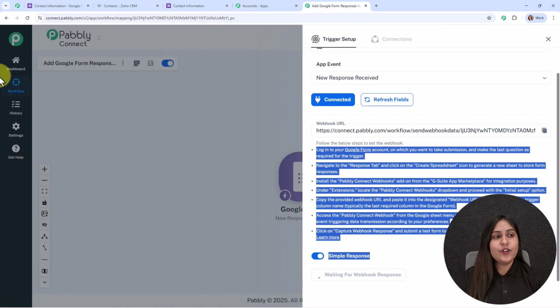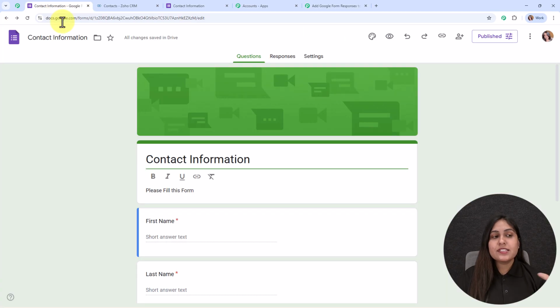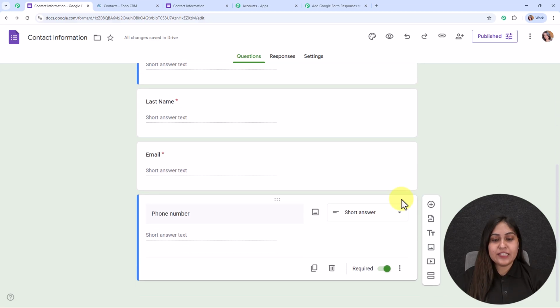And here I've already logged in my Google Forms account. So this is the Google form that I've created with the name, contact information, and these are the fields. So now here my objective is, firstly I want to receive this Google Form submissions in an organized format in my Google Sheets. So for that, what we are going to do is that we are going to click on